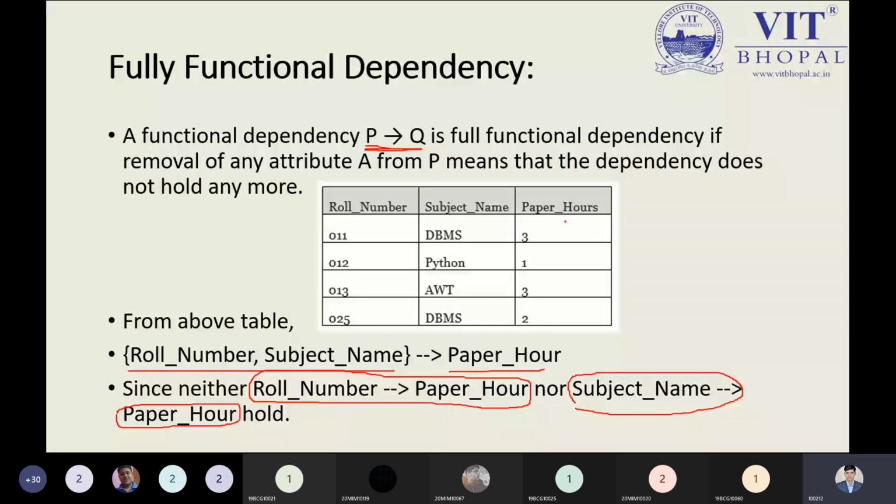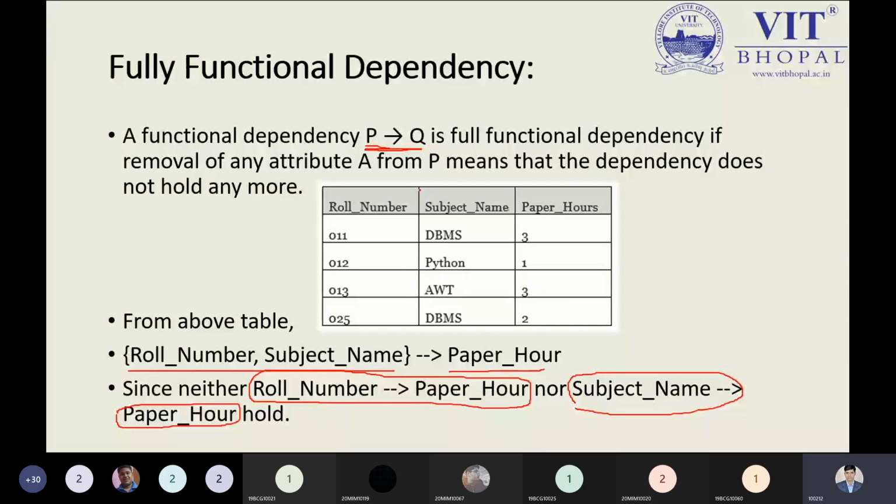So fully functional dependency will be applicable where, if you try to remove any attribute, suppose I am removing the paper art, at least the relationship between the roll number and subject name will be there. Roll number and subject name will be there. Keep in mind my words. Okay, that was my point. If I'm removing the subject name as well, then roll number and paper art can be stacked. Now you can see if I'm removing the paper art, then roll number and subject name will be there. So that's the point we have to keep in mind.